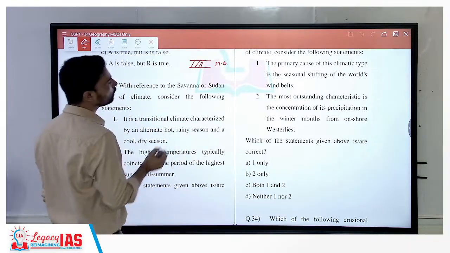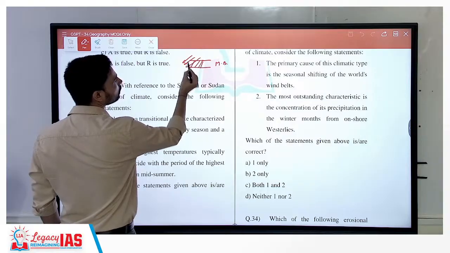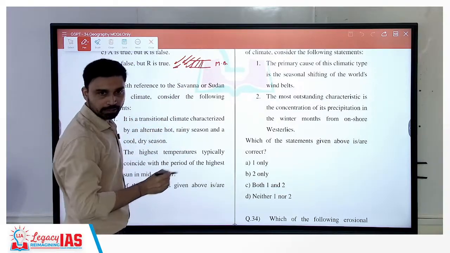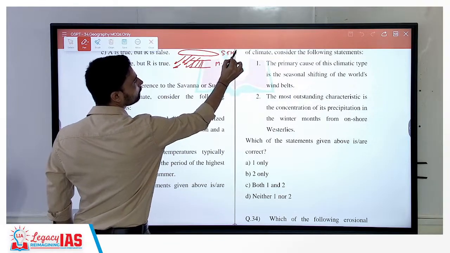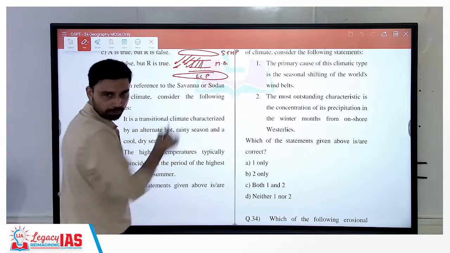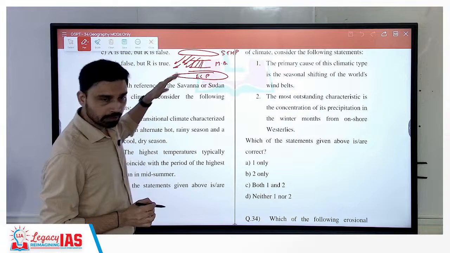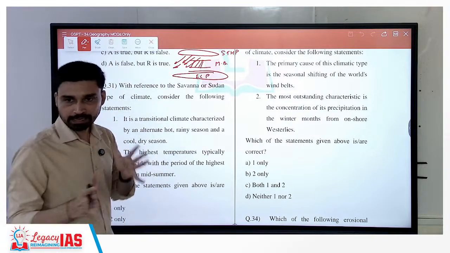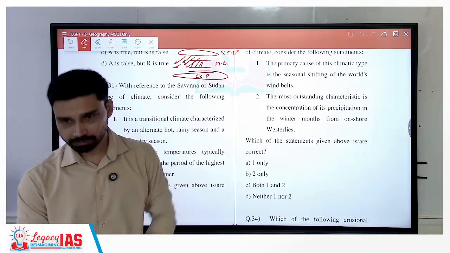Now in summer, what happens? In summer, this area experiences northeast trade wind. Why? Because on the upper part of Mediterranean you have a subtropical high pressure belt. In the lower part of Mediterranean you have equatorial low pressure belt. That's why this belt has northeasterly trade winds. Now we know that pressure belts do not always remain at the same place. With shift of the sun, they shift northward and southward.